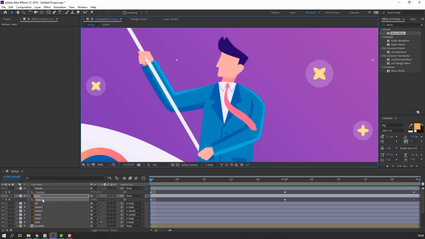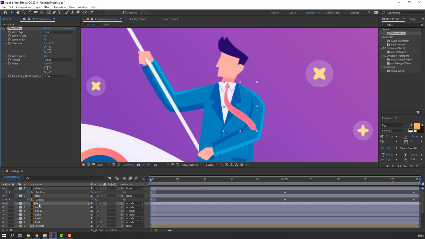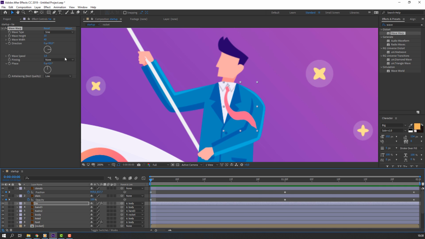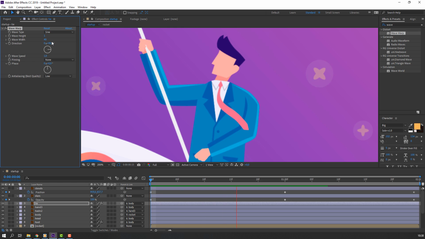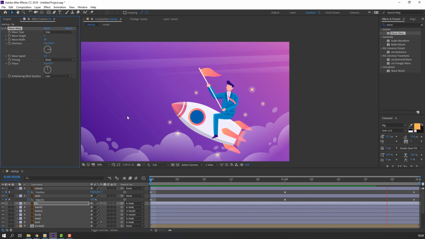Okay, then select T and let's use wave warp. Let's see. Okay, and change wave height 1. Okay, let's change wave height 2. Okay,